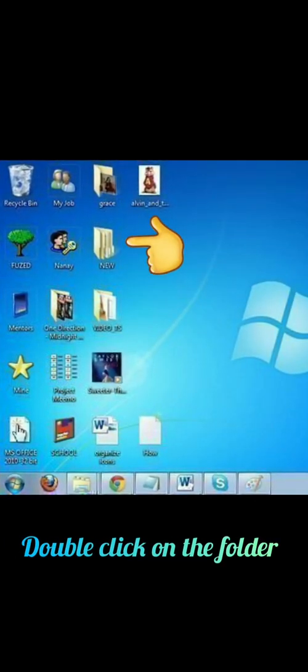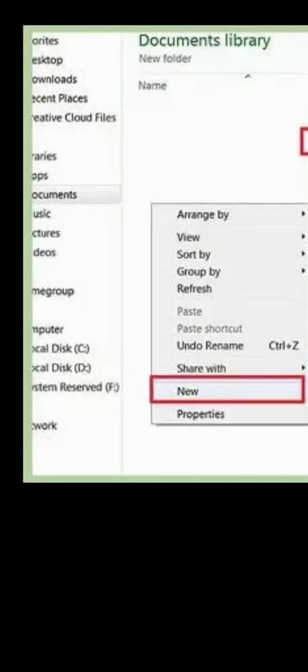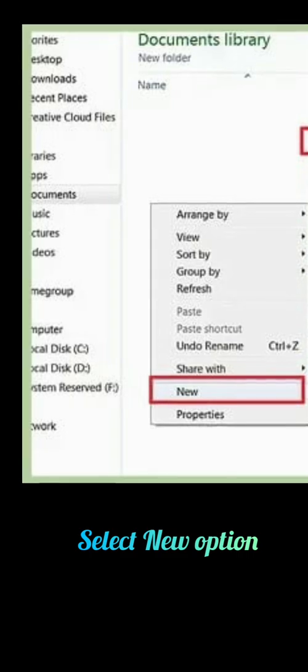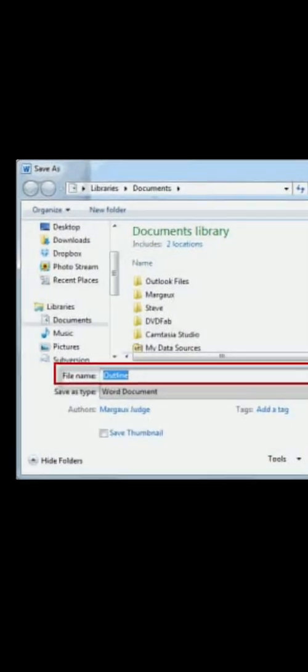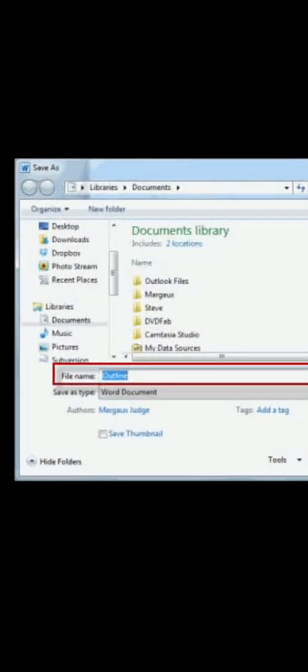Okay, now we will see the steps to create a new file on the desktop. First, double click on the folder, the my school folder you have just created. Second, right click on the blank space of this window. Third, a menu appears. Select the New option. Fourth, a sub-menu appears. Click on any one of the file types from the list to create a file of that type.